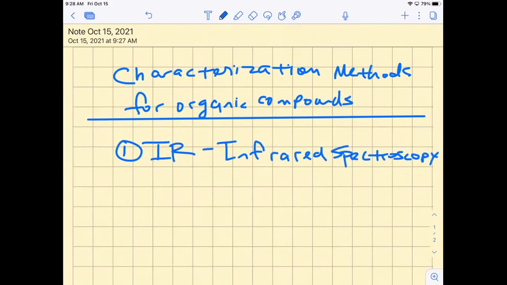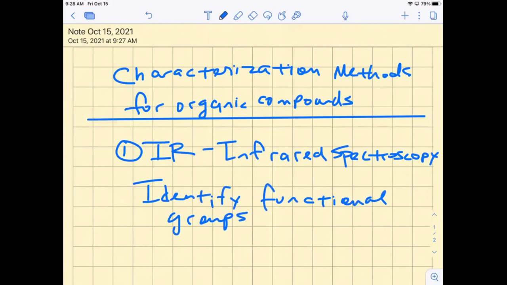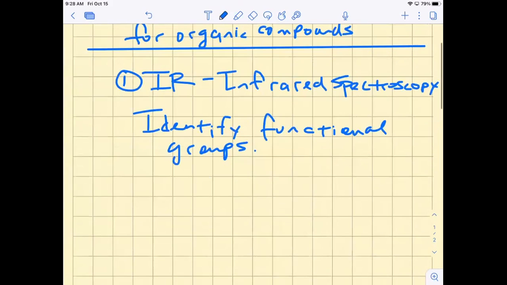With infrared spectroscopy, that particular method allows you to identify functional groups, and then we're going to look at NMR,